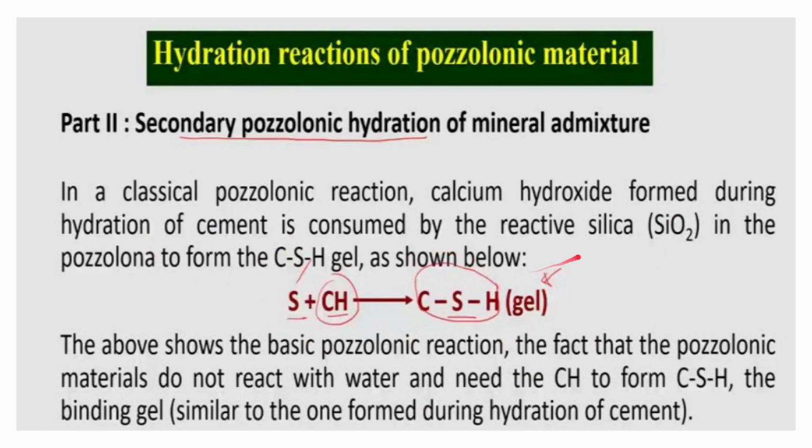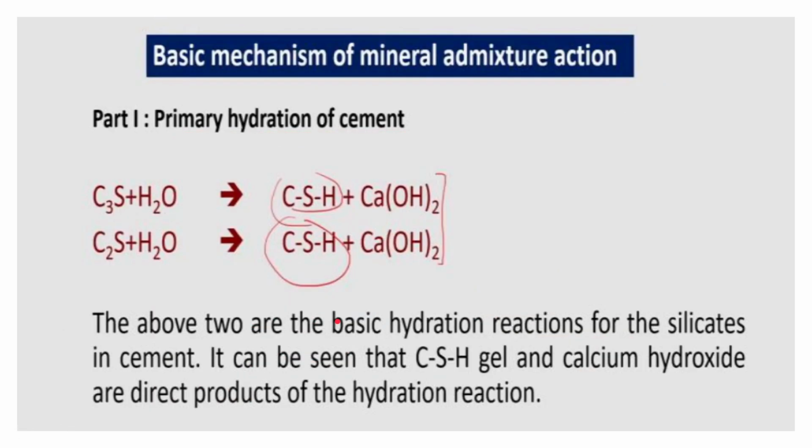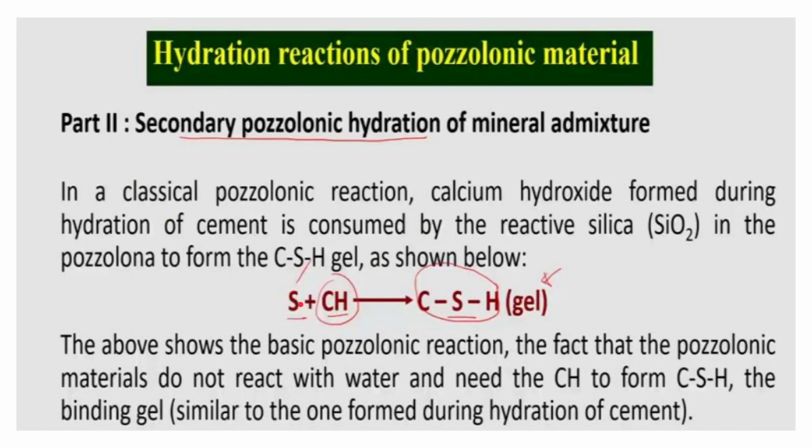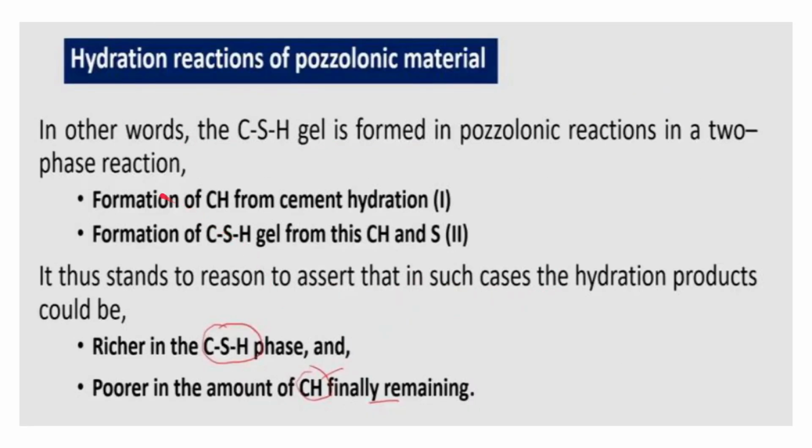Okay, so here CSH gel is not formed. Silica does not react with CSH, nor does it react with water. It directly reacts with the portlandite which is present from the original cement, and results in the formation of CSH gel. So in pozzolanic reactions, the CSH gel is formed